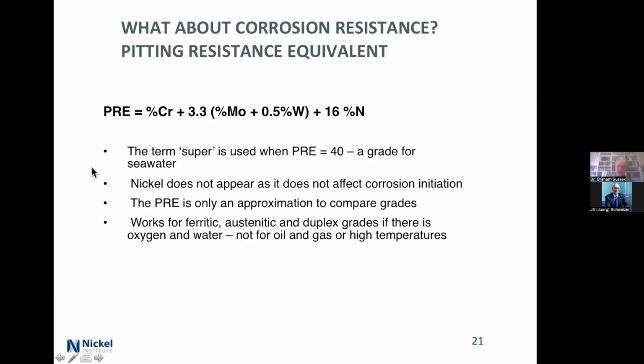Every now and then, I've had people come along and say, oh, look, the PRE on this material is supposed to be 24, and it's actually 23.5. That's not good enough, is it? Well, unfortunately, it's an empirical thing. There's an error bar on it. It's a curve fitting. And anything less than about 1 change probably isn't going to make much difference. I mean, yes, it is slightly different, but it's not the killer. It can easily be blanketed and masked by what the surface finish is, how corrosive the environment is.